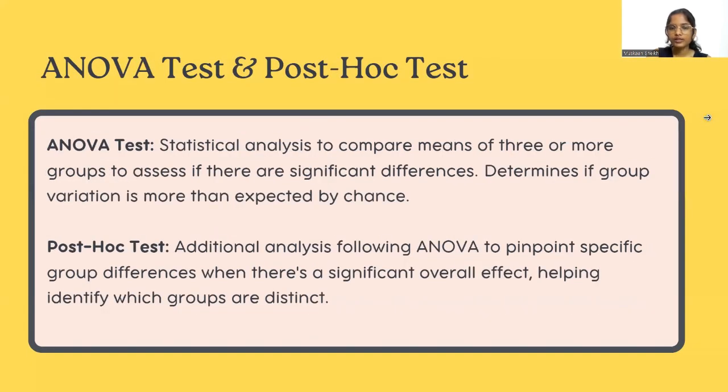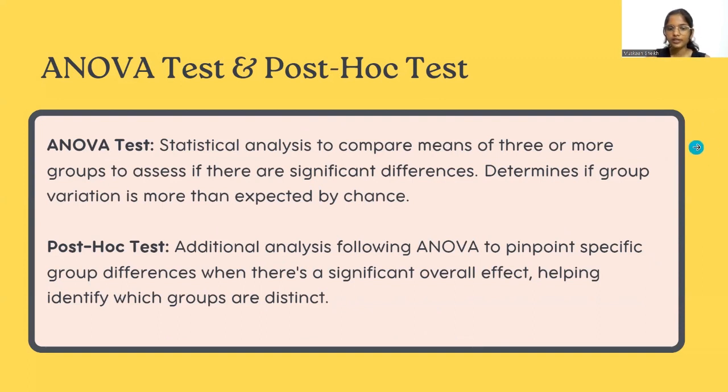The ANOVA test and post hoc test. ANOVA test: statistical analysis to compare means of three or more groups to assess if there are significant differences. It determines if group variation is more than expected by chance. Post hoc test: additional analysis allowing ANOVA to pinpoint specific group differences when there's a significant overall effect, helping identify